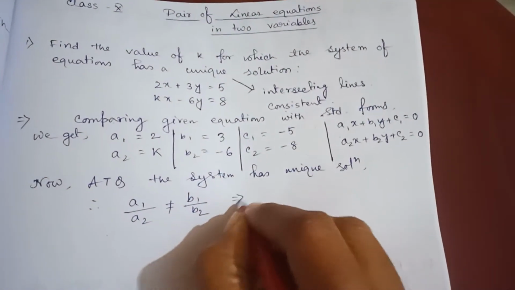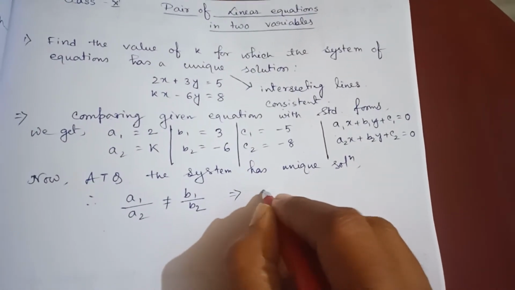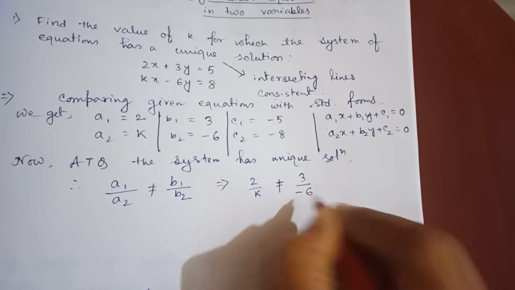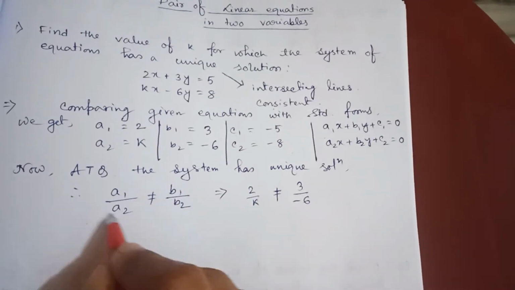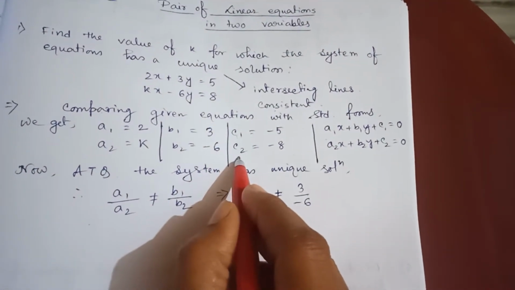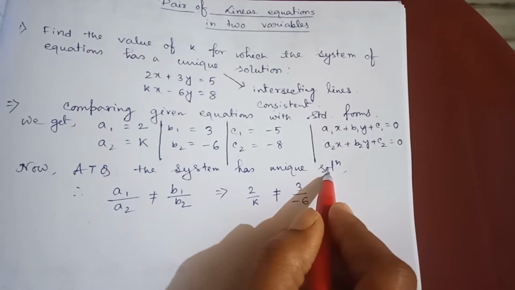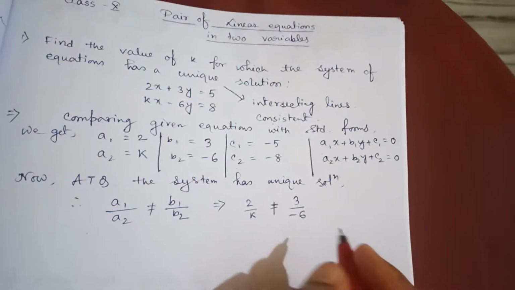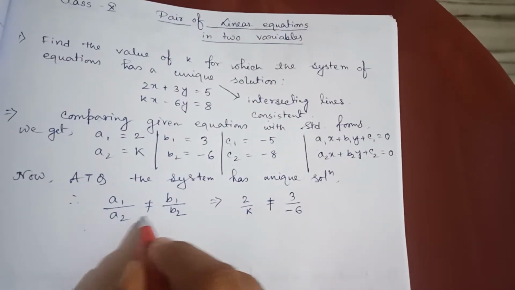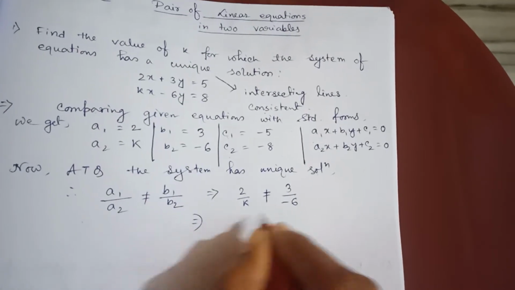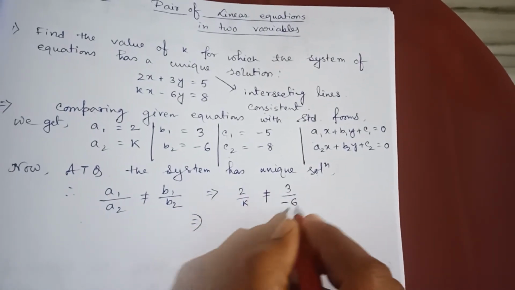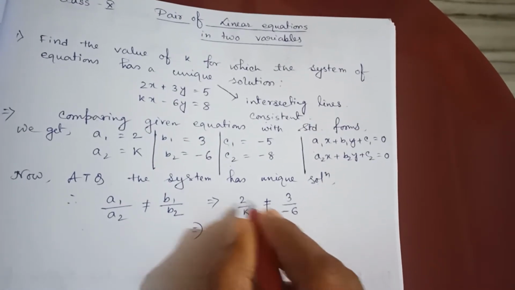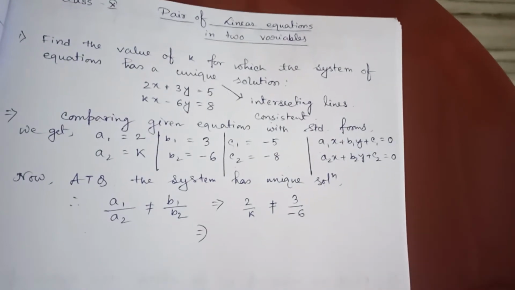So a1 by a2 means 2 by k, and b1 by b2 means 3 by minus 6. Now here we don't need c1 by c2 because of unique solution. For unique solution we need only the first two ratios, not the third one. So the first two ratios we have got according to the condition. From this we will do the calculation with this not equal sign exactly like equal sign calculations, like